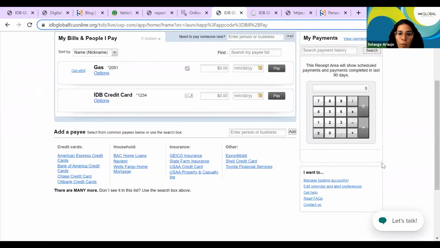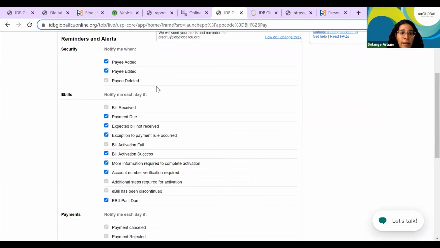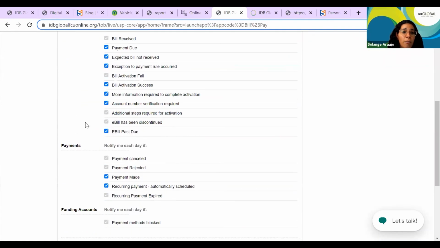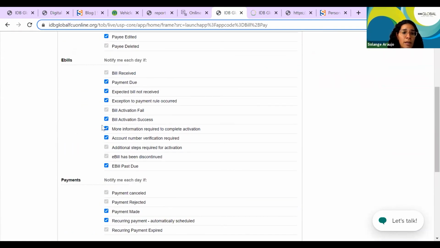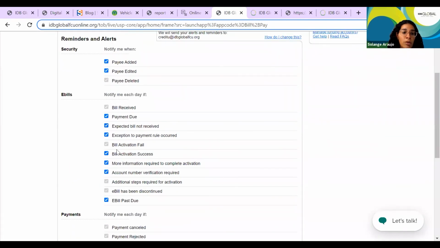There are also really cool alerts in bill pay that will remind you to pay your bill if it's not automatic. Reminders and alerts. And you can add what reminders and alerts you want to receive when a payment is due, for instance, when your bill activation is successful. For instance, I just added my Washington Gas bill, but it will still take some time to activate my bill